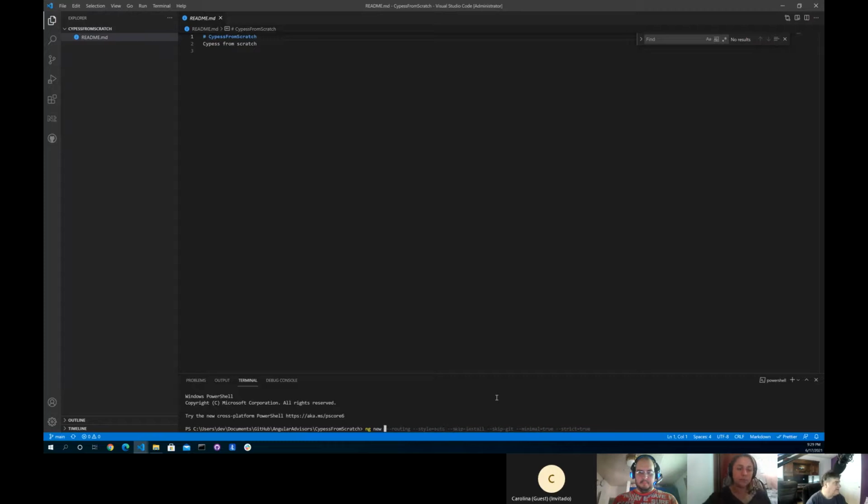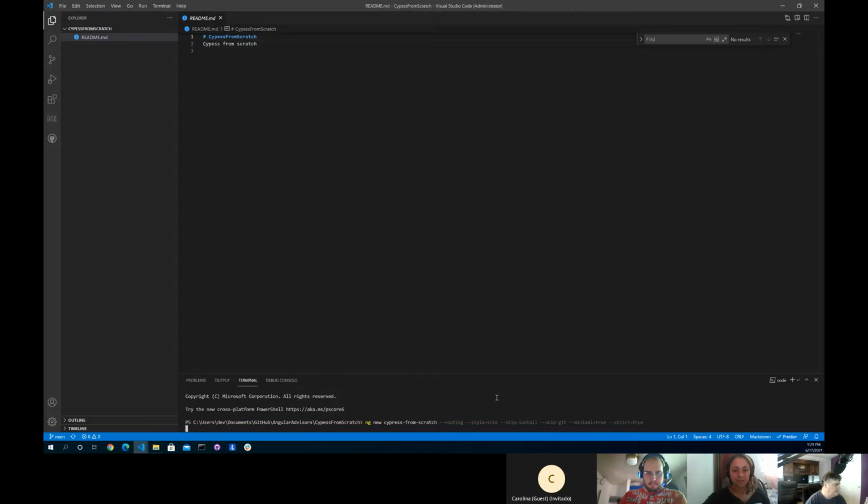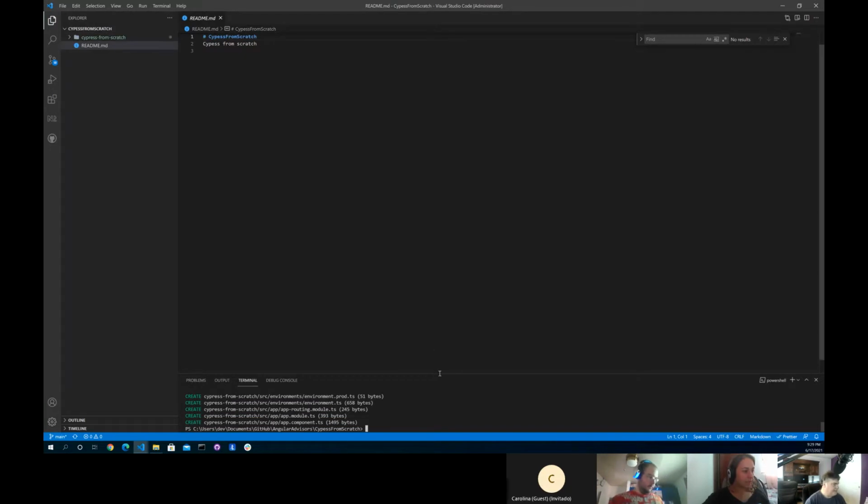So what we'll do, we'll call this Cypress from scratch, and we're basically going to do a minimal project. I'll add all these commands in there. Once we do that, I was just confirming, I was confused, but yes, we are using Visual Studio Code. Yep. Okay, so now it basically created